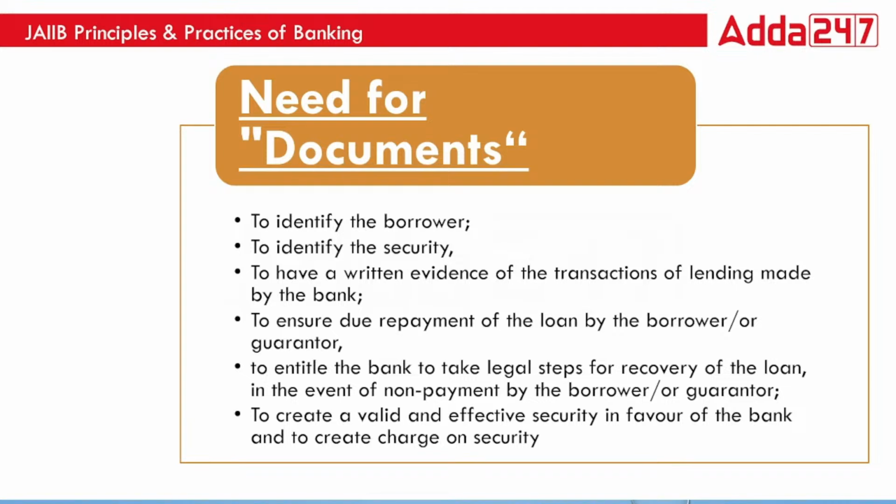Now, understanding why the documentation is important. Why do we need documentation? We need documentation because it helps us to identify the borrower. We identify the security which we are taking. If it is home loan, then home will be the security. If it is a car loan, then car will be the security. If we are giving loan to a firm against their goods, then stocks will be the security. We will have hypothecation on stock. We may also take some extra security, that is the collateral or secondary security, as land and properties.